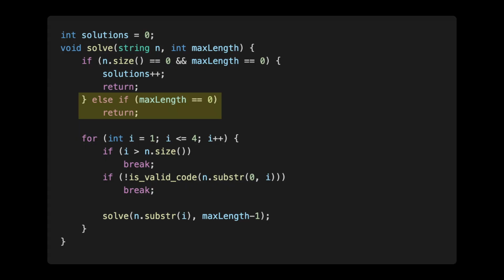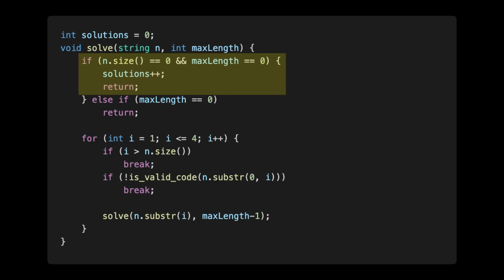Our goal is to find a way to segment the entire string using exactly the same number of chunks as there are letters in the original message. A base case for our recursion is when the number of chunks we have used exceeds this limit, allowing us to prune that path early. Another base case is when the Morse string is empty, with the correct number of letters, which is counted as